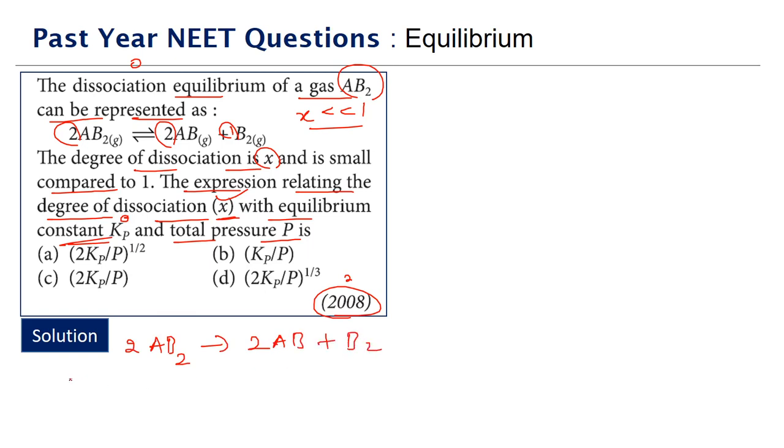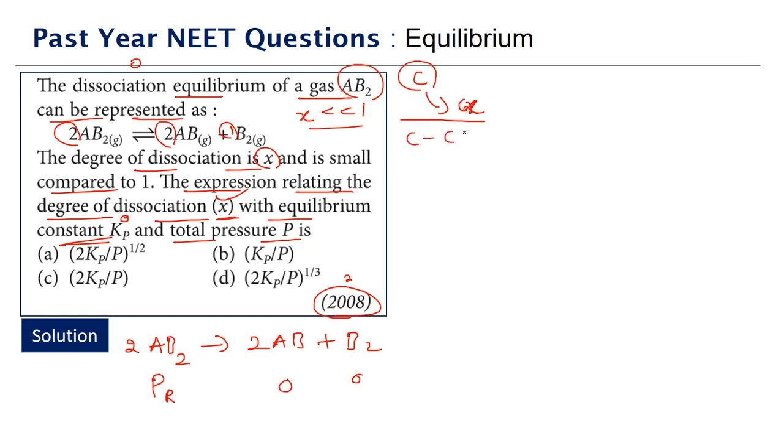Like the way we do in the normal chemical equilibrium involving concentrations, here we will start with the original reactant. Let's say this is the reactant pressure initially, and we'll assume that initially there is no product. So PR represents the pressure of the reactant. Now they are saying X is the degree of dissociation. Like in the normal concentration case, if C is the initial concentration and X is the degree of dissociation, C into X will be consumed, because X is for 1.